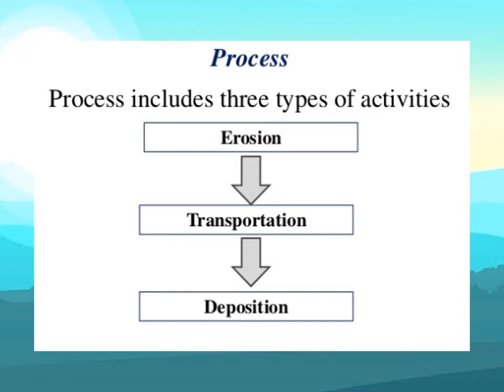high. But for a river, all three happen, varied in amount depending on the energy condition in different areas, different parts of the river. In the young stage of the river, erosion is dominant, then deposition or transportation. In the middle stage, erosion becomes low, transportation is there along with the deposition, and in the mature stage, that is the old stage of the river, erosion is almost negligible and mainly deposition happens.